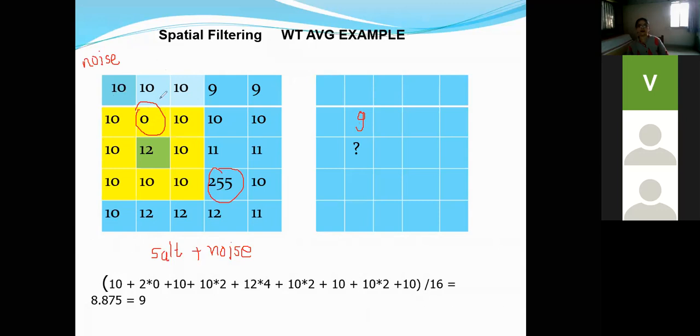In the enhanced image, the central pixel is no longer corrupted by noise, and you get a recovered image where noise is removed. So that is the use of averaging filters. Averaging filters are very useful to remove noise from a given image. Getting this?